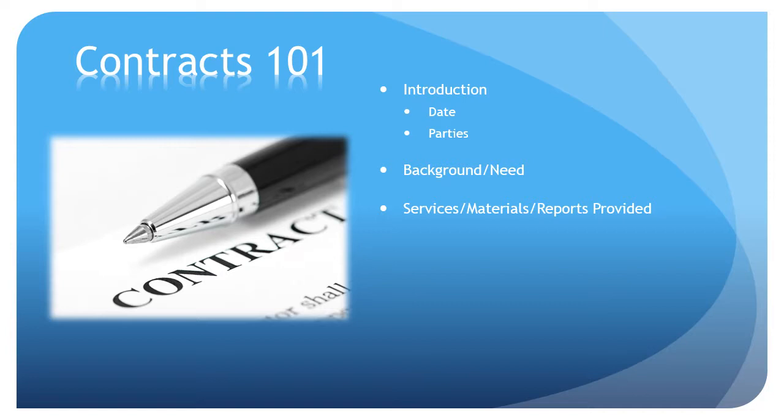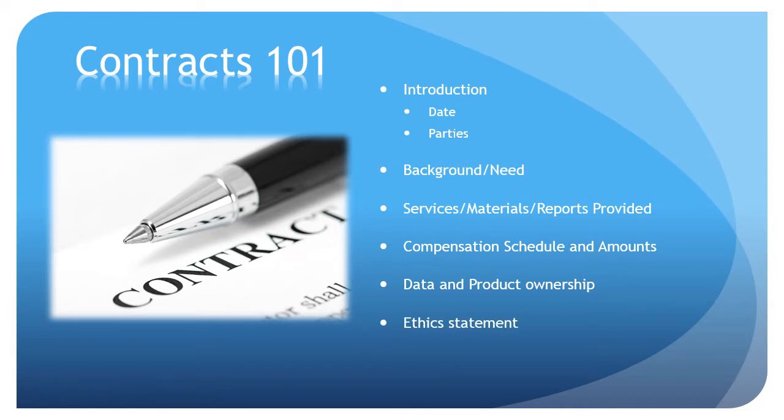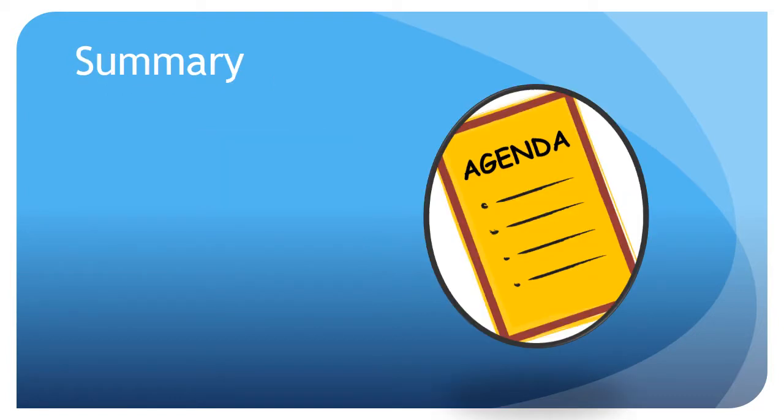Evaluation contracts should also include a clarification of who owns the data and if or how the consultant can use that data on their own. Within that, there should also be a statement of ethics regarding both general ethical behavioral expectations as well as any privacy issues. Finally, there should be explicit information on how the contract can be modified or how either party can get out of the contract.